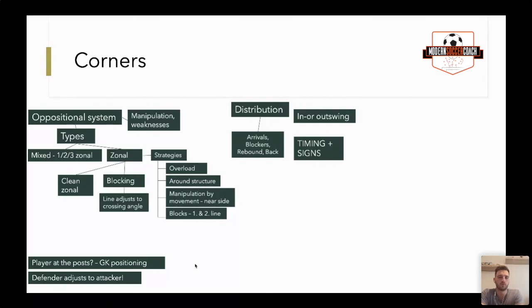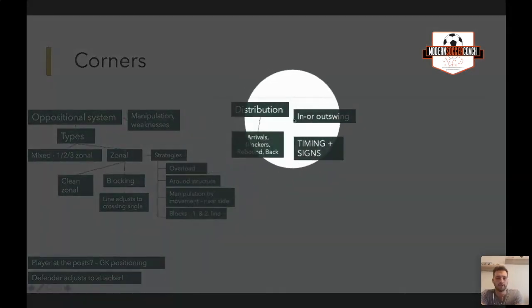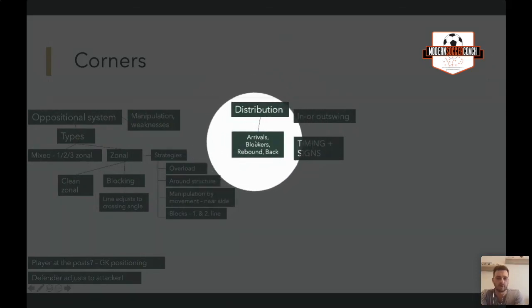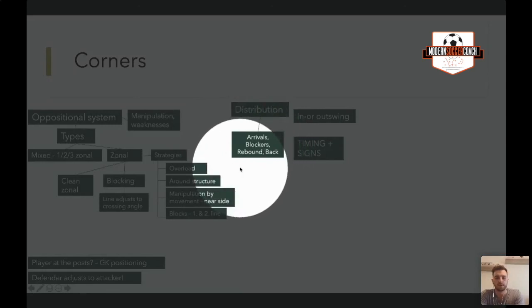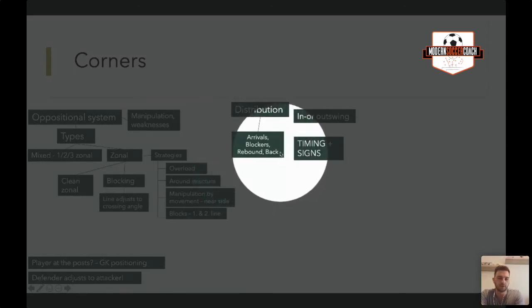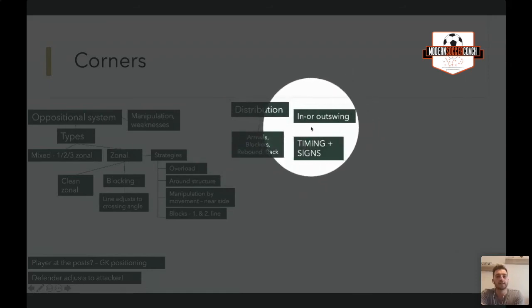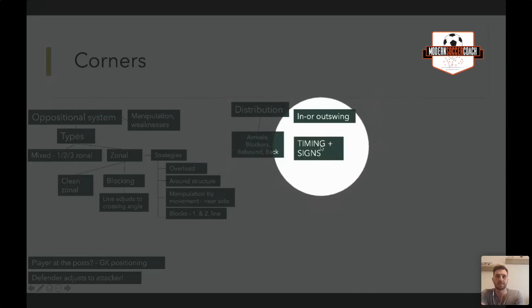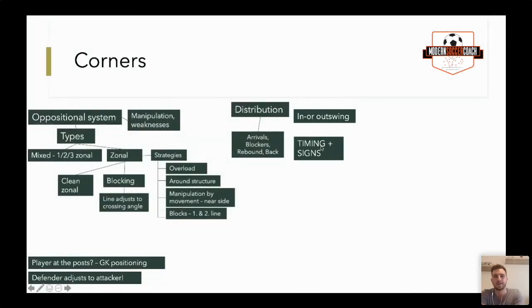So when you are looking at offensive set pieces, the first thing to check is the distribution: how many players arrive, how many players block, how many players they have at the rebound zone, and how many players they have at the back. Is it an in-swing or out-swing? And what is important is to see the timings and the signs, because a lot of teams have specific signs from the kicker, to have 1 hand or arm up, or both arms up. It might mean different variations. Or, for example, which is a very usual way to